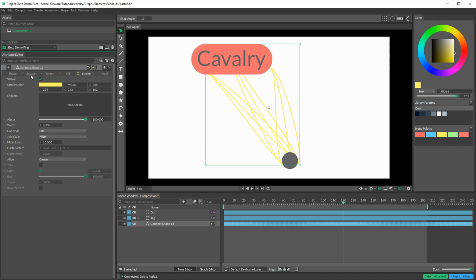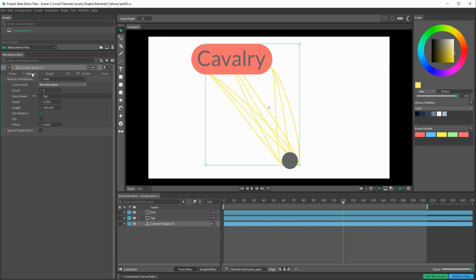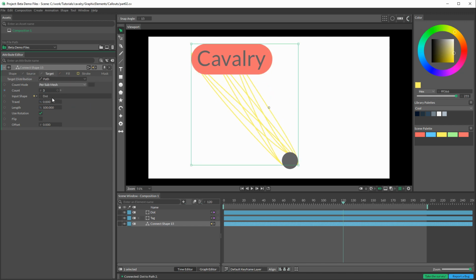Let's go into the settings for the source, and we can take a look at something called the travel, and you'll see this will travel the lines around, and we could adjust the length. And as you decrease that length, you'll see that it will kind of bunch the ends up together. And you have the same settings for the target that you can adjust, and you can also go in here